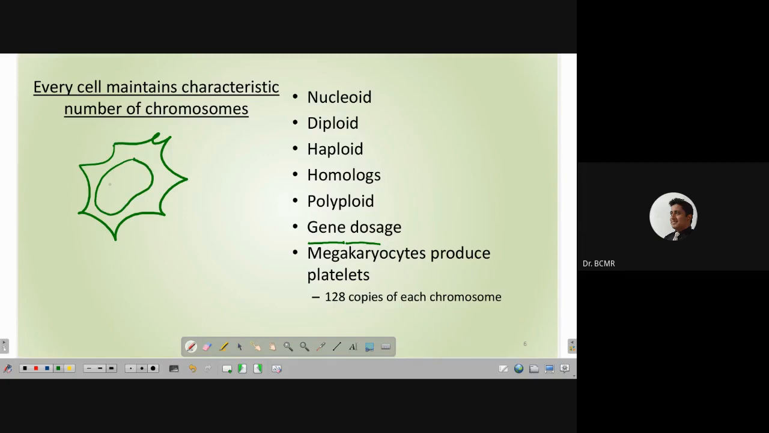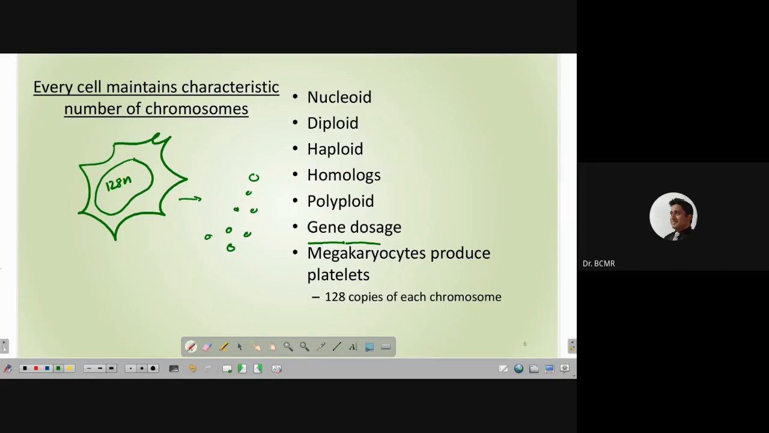Why does it have a large nucleus? Because it has 128 copies of each chromosome. You can say it is a kind of polyploid as well. Once it matures, it will fragment into several thousands of platelets. This is a nice example showing that in our own body we have cells that have 128